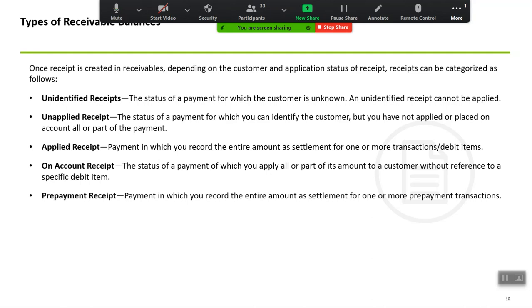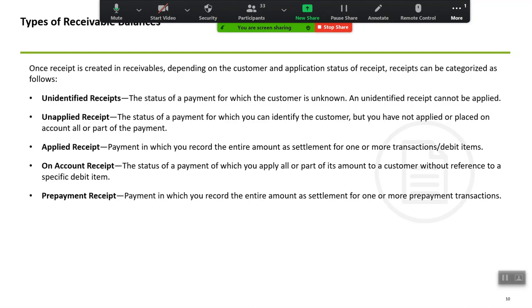Now this is the most common type of receipt, or the most common type of information which you would find when you try to key in a particular receipt using valid customer information. So in your hands-on sessions, if you try to create a normal receipt manually, such that you're keying in the customer information and the receipt amount, the first state in which you would see that particular receipt would be unapplied.